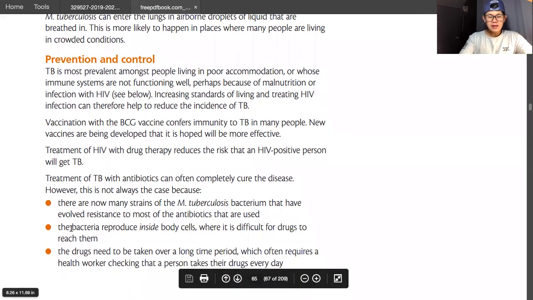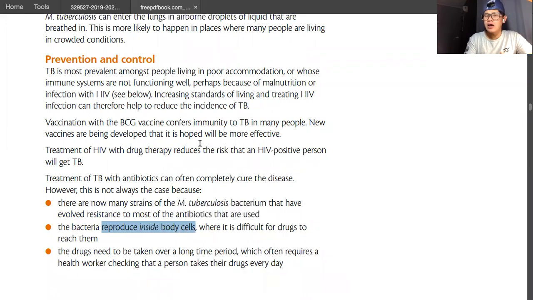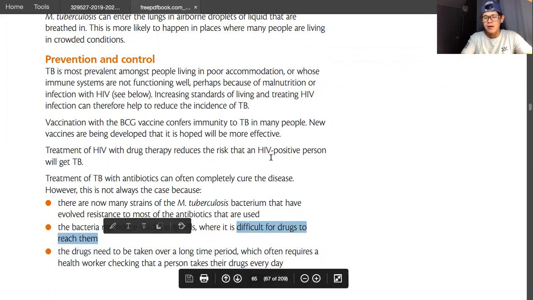Second is the problem with this type of bacterium is that they actually reproduce inside the body cells. Right? Dorang membiak dalam kamu punya body cells, inside your cell, okay, dalam cell kamu, which is therefore difficult for drugs to reach them. Okay, pasal apa? Pasal if you develop a drug that targets